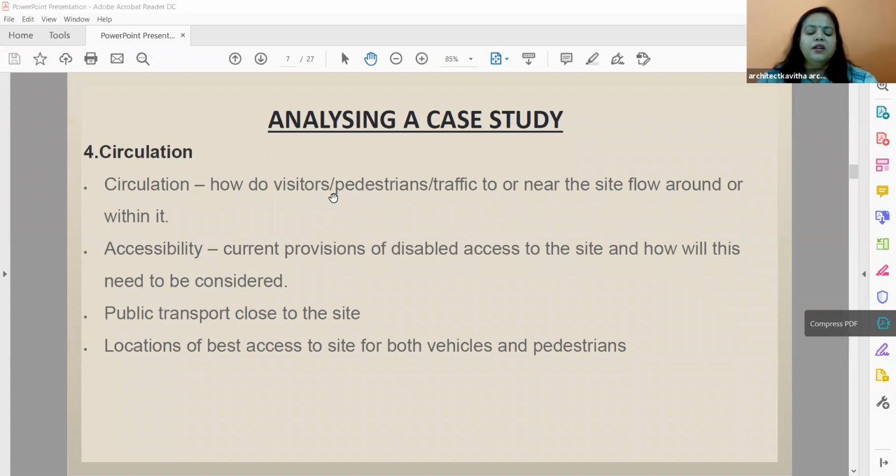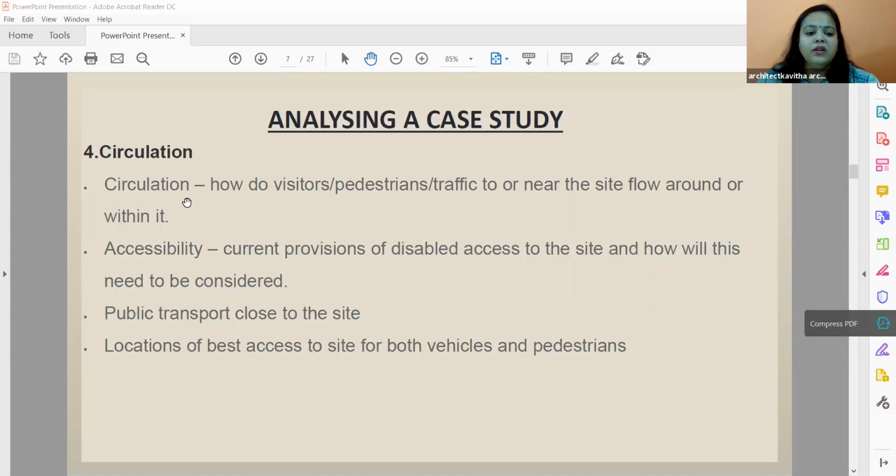The next is the circulation. This is very, very important. In circulation, you have two types: horizontal circulation and vertical circulation. For example, if I'm taking a hospital as a case study, how is the horizontal circulation? When I enter, where is my reception? Is it easily available, or do I have to search? Most hospitals have the reception at the entrance. Sometimes they'll give an arrow mark and you have to go to the sites. So you have to check how their circulation is. From that reception, are the doctors' rooms very accessible? Are there boards? You have to check all that circulation.